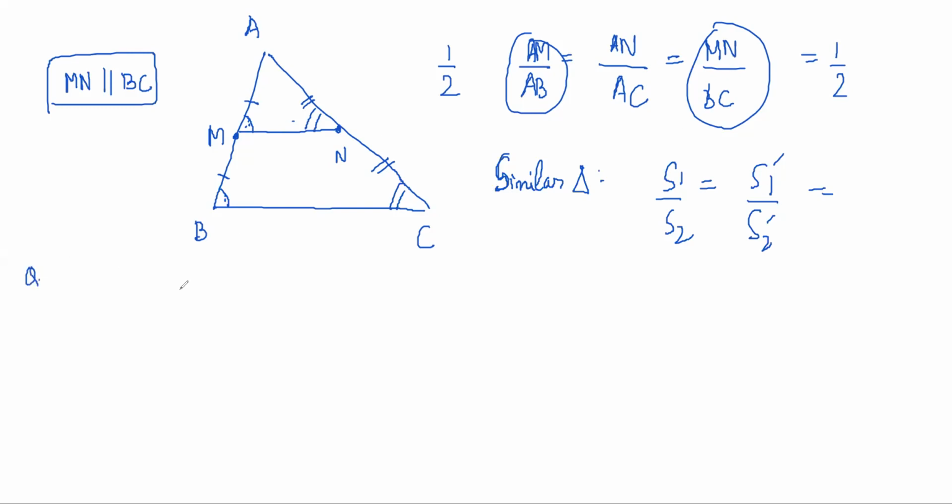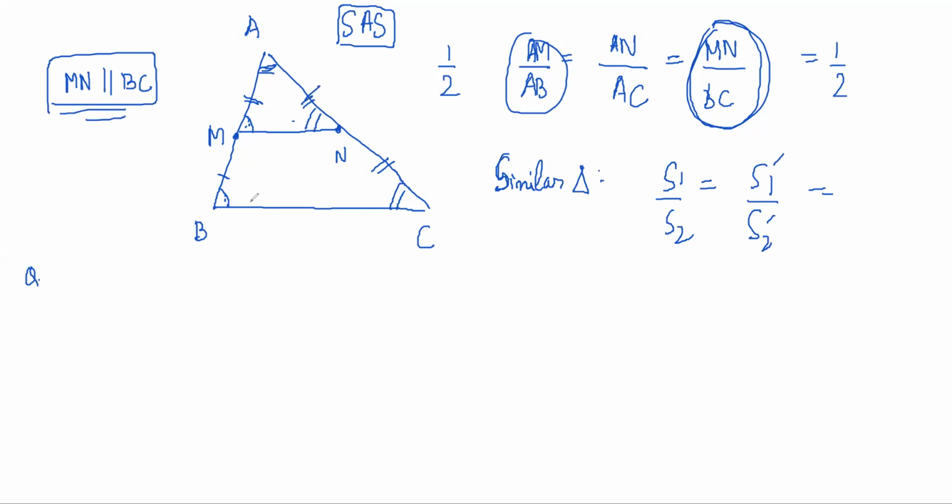I have a doubt. Sir, for proving that we have similar triangles, we need to know that all the sides' ratios are equal, but we have to prove itself that MN is half of BC. Then if we already assume that, how are we doing it? Wait. So we have SAS similarity. Angle A is common, and SAS similarity is also there, no? So this and this and this. Okay, I got it. So then we have similar triangles, so MN is parallel to BC, right?